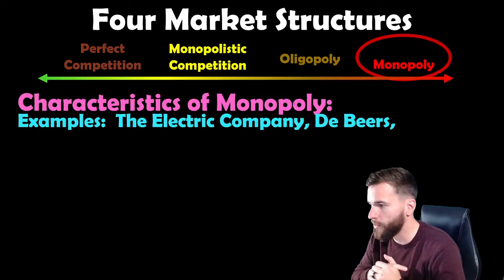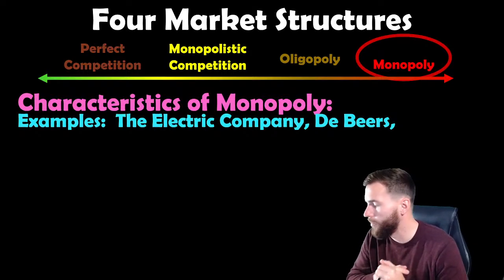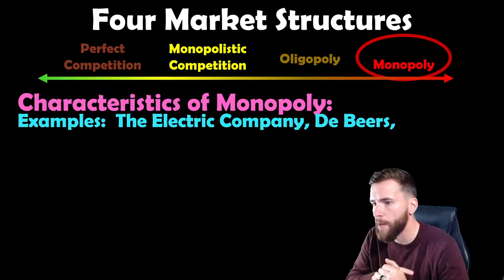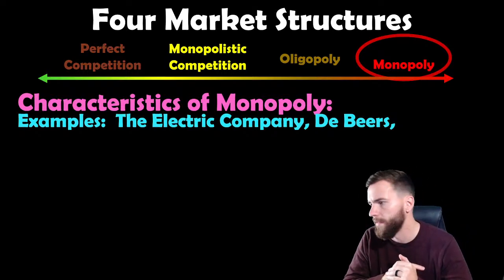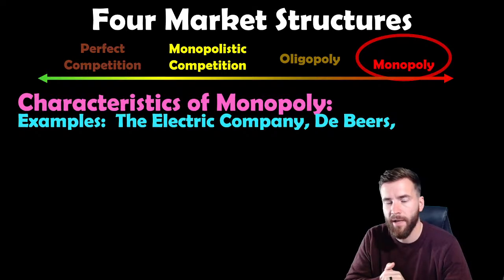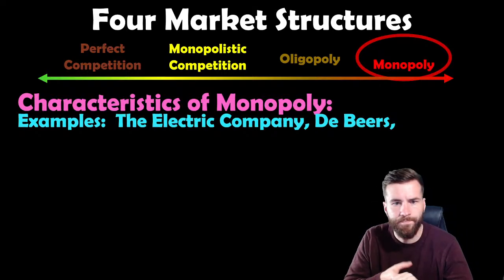But De Beers, right? De Beers Diamonds owned 90% of the diamond market. They owned all the diamond mines in Africa and Russia and things like that. So they were pretty much a monopoly. But we've had other monopolies, right? We've had Carnegie Steel, we had Rockefeller Oil.